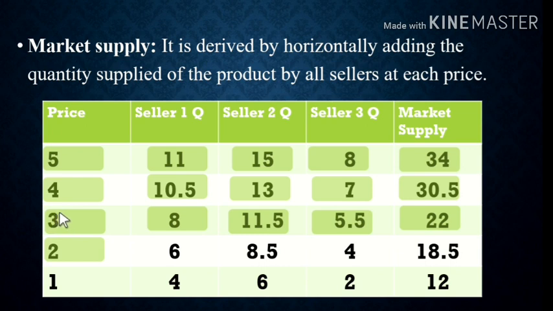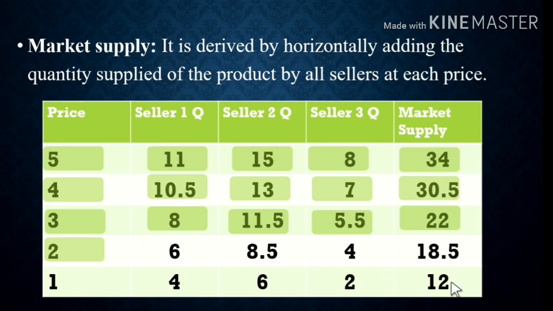Now the price has decreased to 2. Then the price ስለቀነሰ, because of the law of supply, quantity supplied of the sellers in the market shall decrease, right? So ከ8 ወደ 6 ቀንሷል ምክንያቱም price ስለቀነሰ, ከ11.5 ወደ 8.5 ቀንሷል, ከ5.5 ወደ 4 ቀንሷል። Market supply የሁሉም ሲደመር ከ22 ወደ 18.5 ቀንሷል።